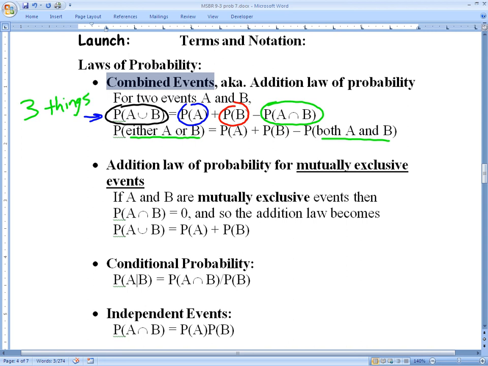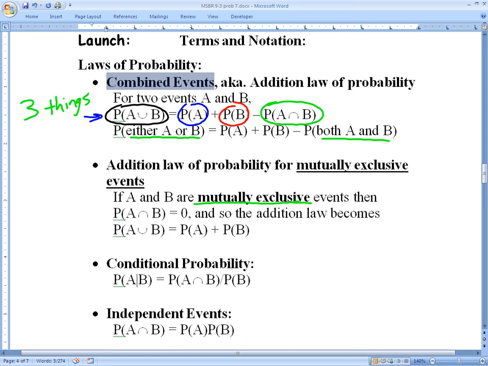Now we get down to the mutually exclusive events formula. It's called the mutually exclusive events formula. And when can you use it? When they tell you that you have mutually exclusive events. If you don't have mutually exclusive events, you can't use this formula. So it's in the title. Use this whenever you see the word mutually exclusive events, and if you don't see that word, do not use